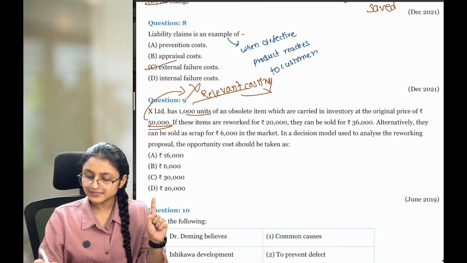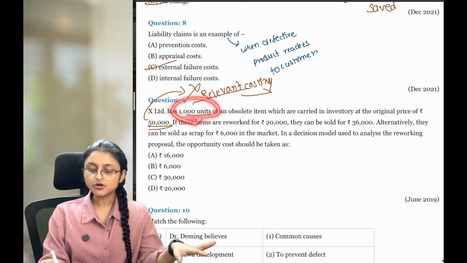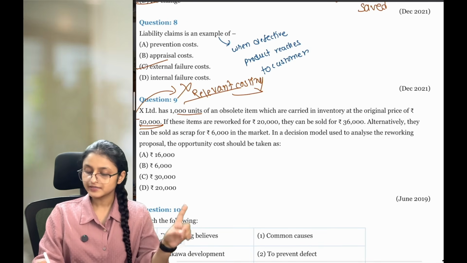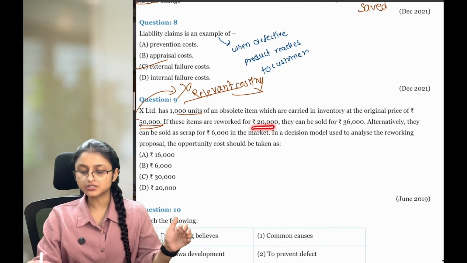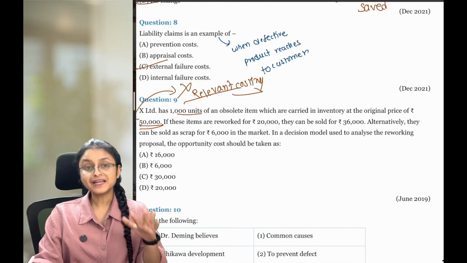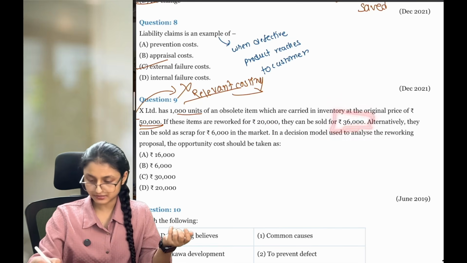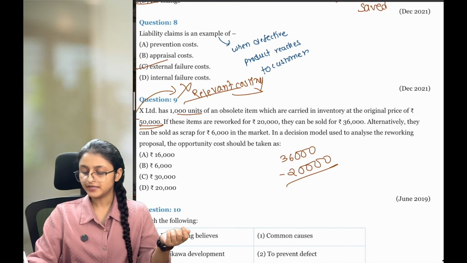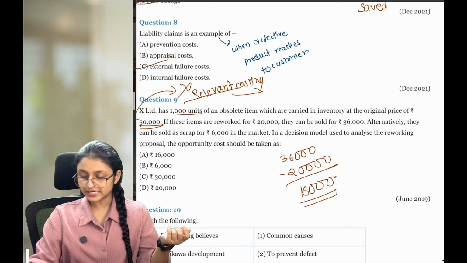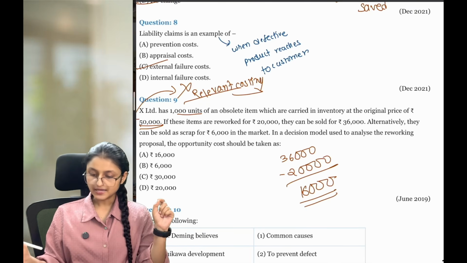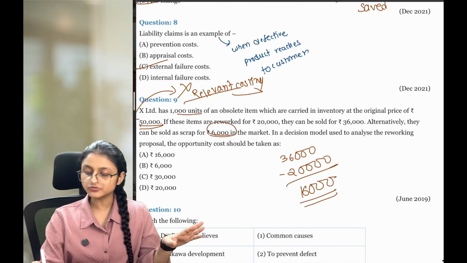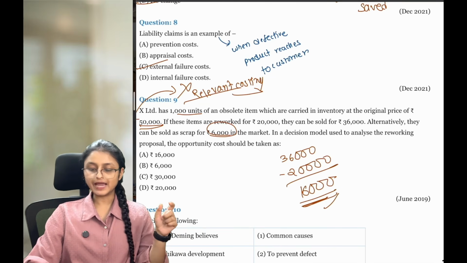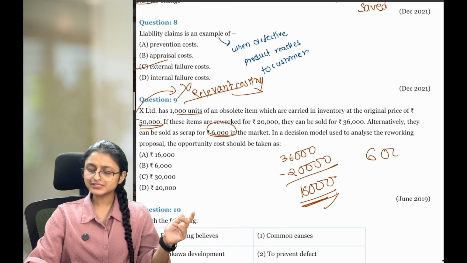So, 1000 units are there in your inventory at the original price of 50,000. 50,000 original price is completely irrelevant. Next, if these items are reworked, 20,000 has to be incurred, but by reworking, we will be able to sell this at 36,000. So 36,000 is what you're getting by incurring 20,000. Hence, you are able to earn 16,000 extra if you are reworking on the product. Alternatively, they can be sold at 6,000 in the market. Either you can do reworking on the product and earn the extra 16,000, or else you can scrap that product